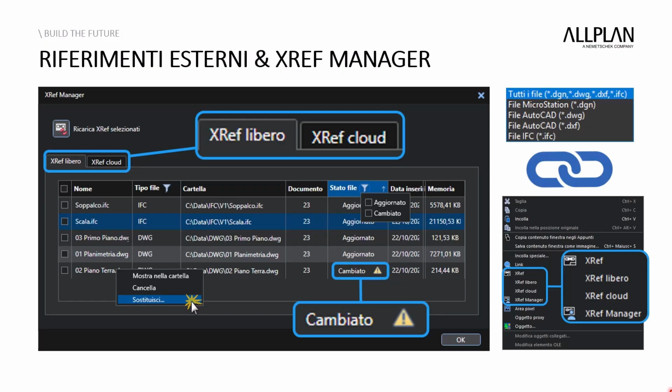Because afterwards I'll have the ability to manage all the files that I insert directly into Allplan. By files, I mean both Allplan's proprietary files as well as external formats, such as DGN, DWG, DXF, or even IFC. The XRef Manager has introduced a whole series of improvements in terms of managing all these files, such as